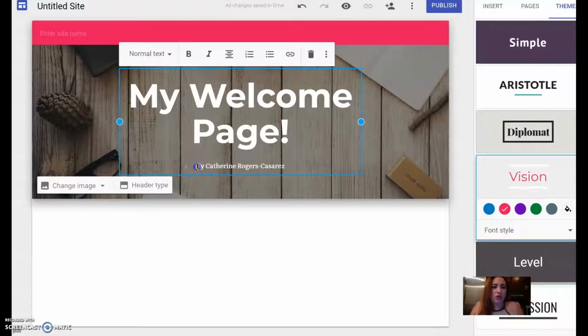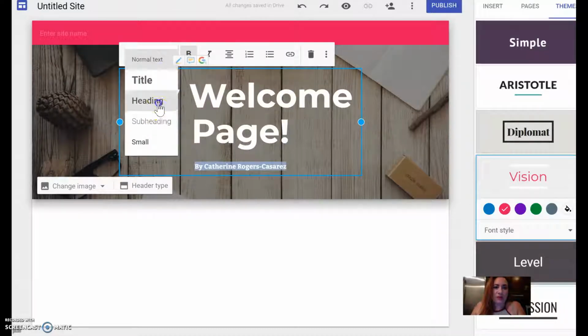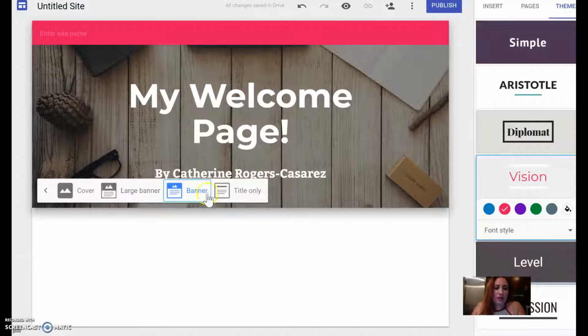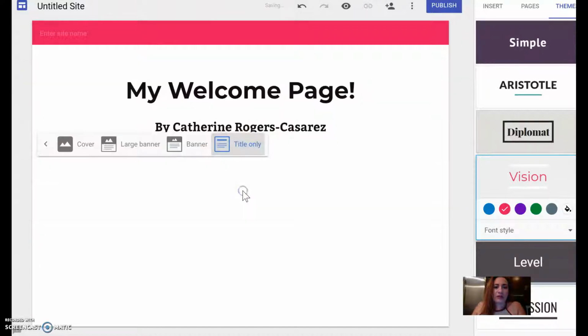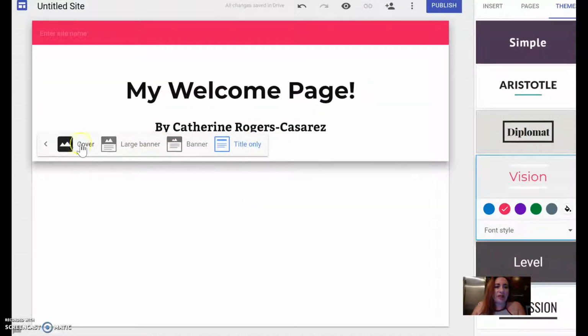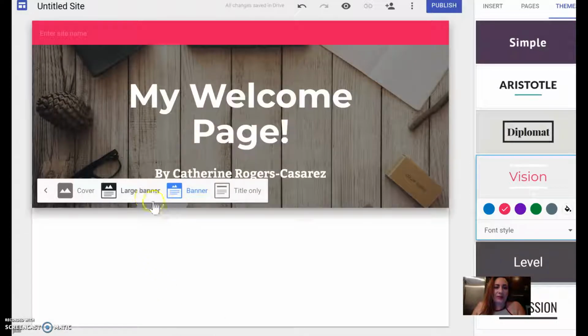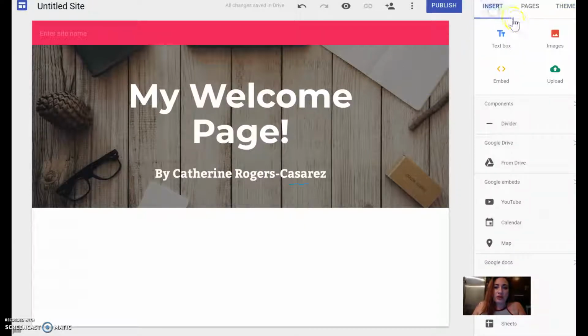Okay, so you can change and create your page as you would like. You can also change the image. You can change the header type. Let's say you only want the title. Let's say you want this to cover your entire page. You can do so. Let's say you want the banner to be a little larger, smaller. It's up to you. You can also insert